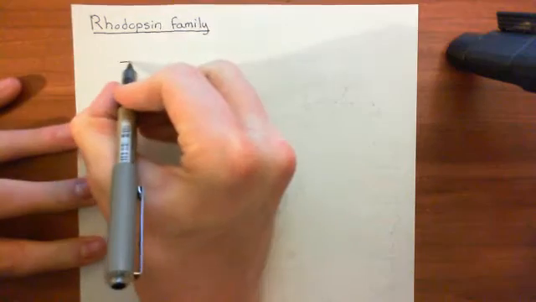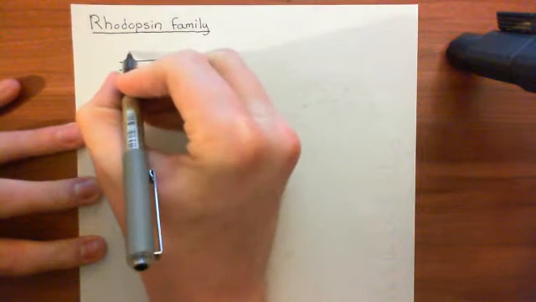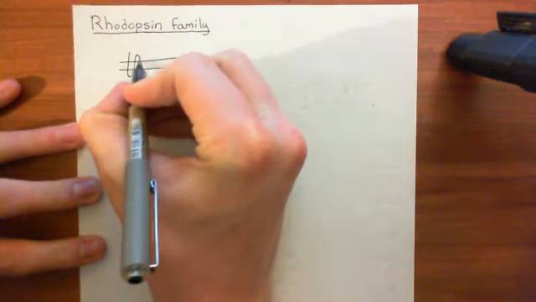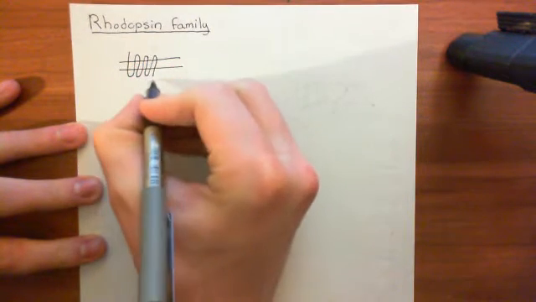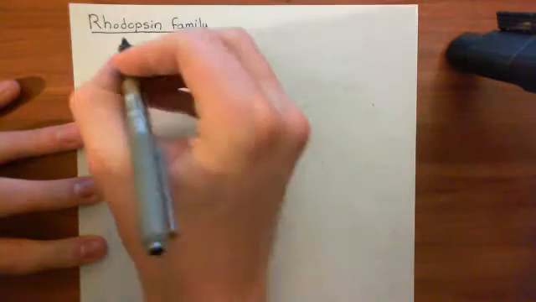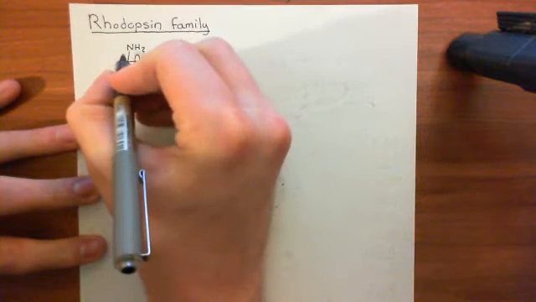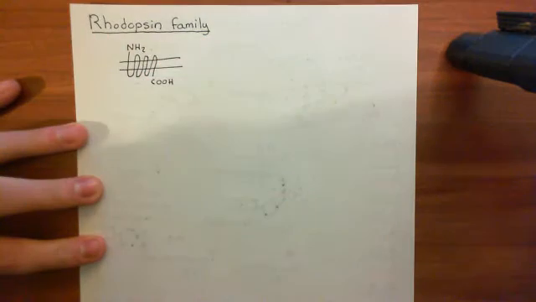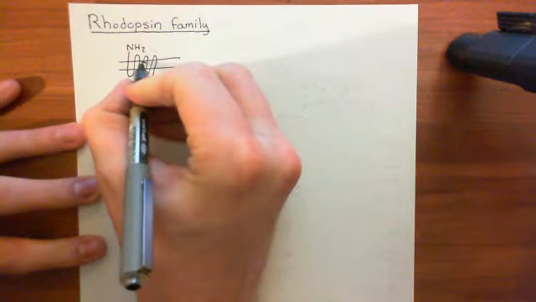Now, they are quite plain compared to some of the others. They don't have some of the fancy features that the others have. Okay, so they do have the 7 membrane-spanning alpha helices. All G protein coupled receptors have the 7 membrane-spanning alpha helices, but they have a very small amino terminal domain. Okay, and the characteristic feature of the rhodopsin family G protein coupled receptors is that they bind their ligand, whatever